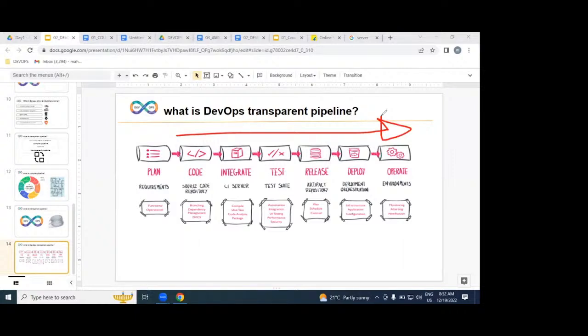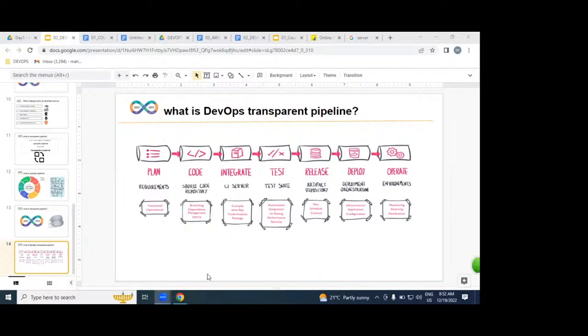While implementing this pipeline, make sure you deliver within the shortest time, with high quality, at low cost. This is exactly the DevOps process. I hope you understand what this DevOps process is.